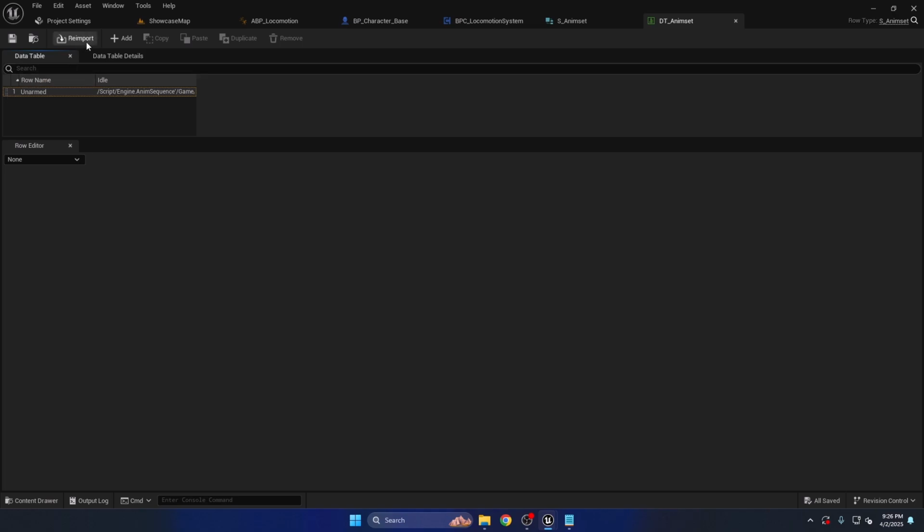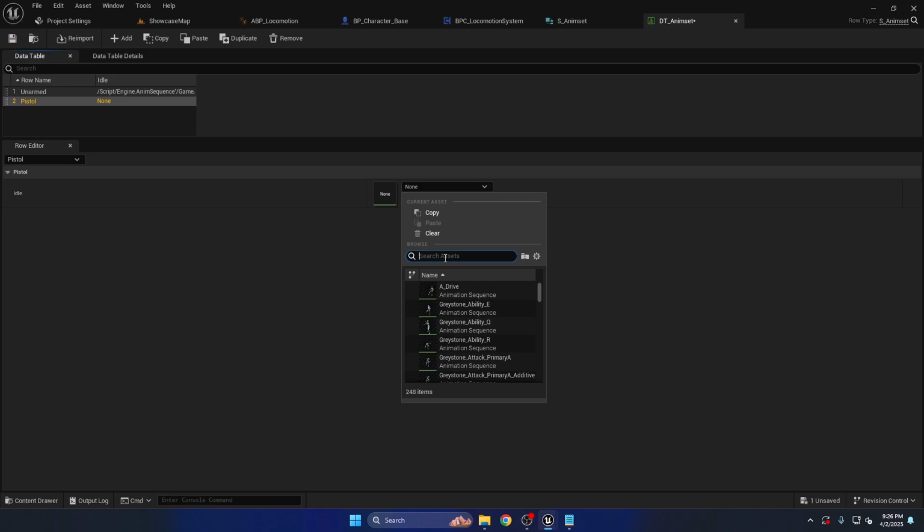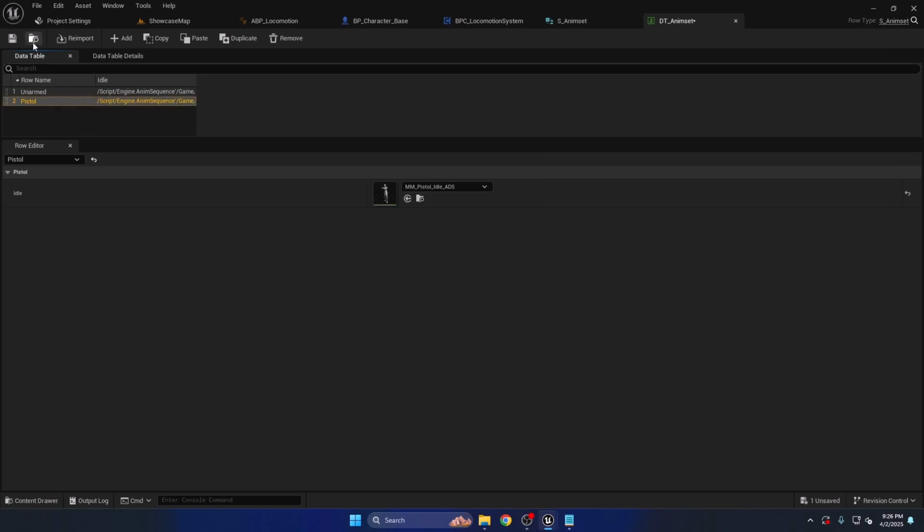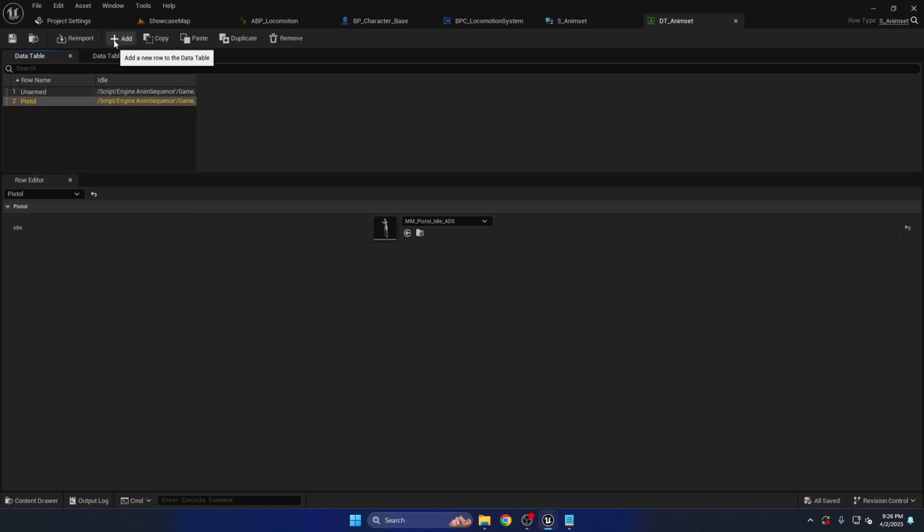Maybe let's say I'll create a new record called pistol. So let's say this is a different anim set, and let's use pistol idle ready state. I mean pistol idle radius, and maybe let's have another one called rifle,